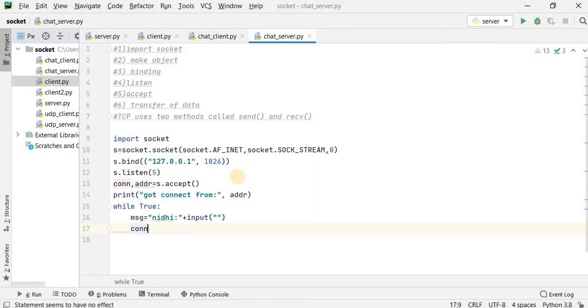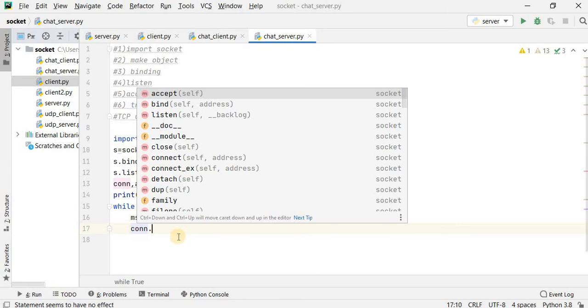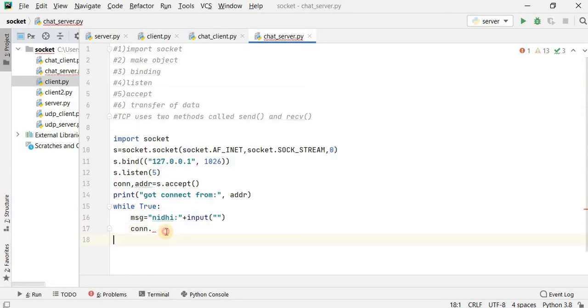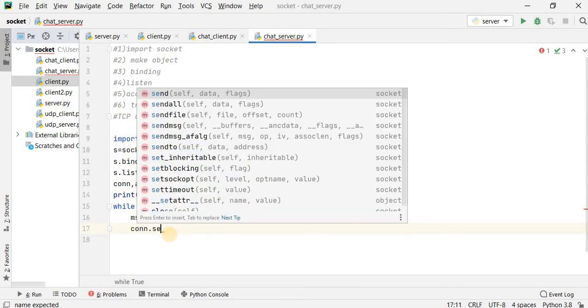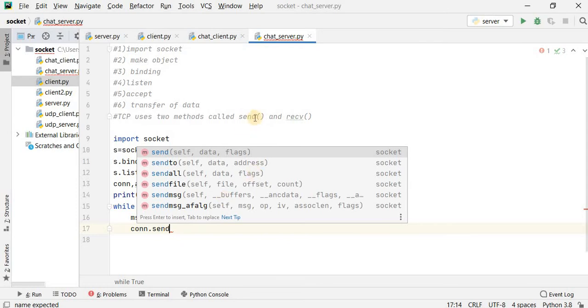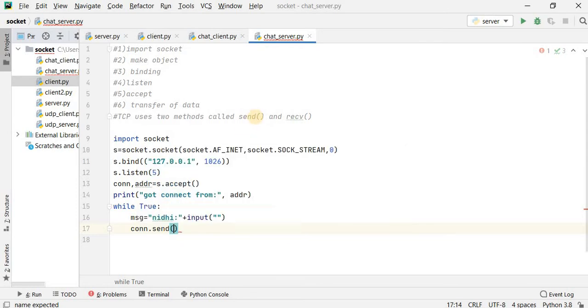Then whatever message is read from the terminal, it has to be sent towards the client. So what is the object of the client? The object of the client is con. What is the method? The method is send. You can see here the method is send, and inside the send you have to pass the parameters. What message you want to send? You want to send this message that you have read from the terminal.